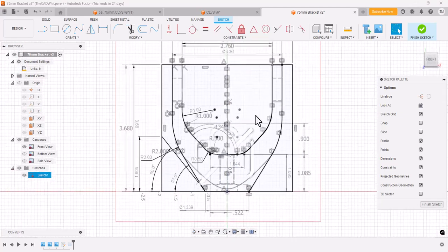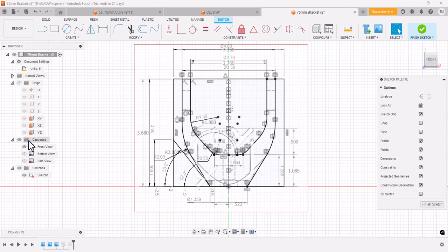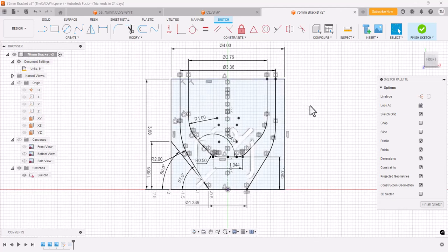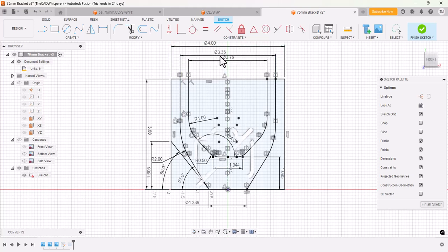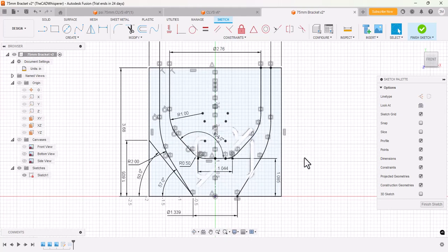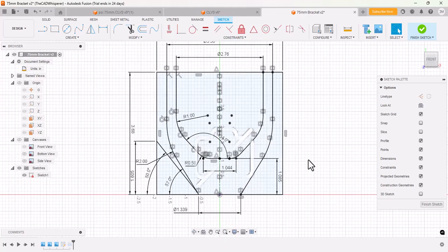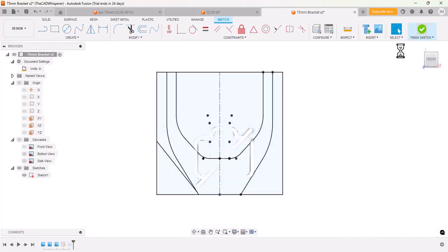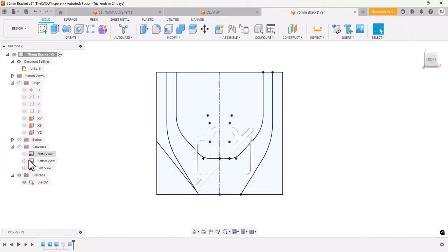So I see a lot of users that will create a complex sketch and then try to fix everything. Fully define the sketch as you go along, and you're less likely to run into an issue that's complicated to fix. Now in reality, I would not have mirrored these because you end up with all these mirror constraints. There is a more efficient way of doing this, but for the purpose of this video, I think I need to keep it simple. And so I'm going to finish that sketch, and I'll turn on the visibility of the